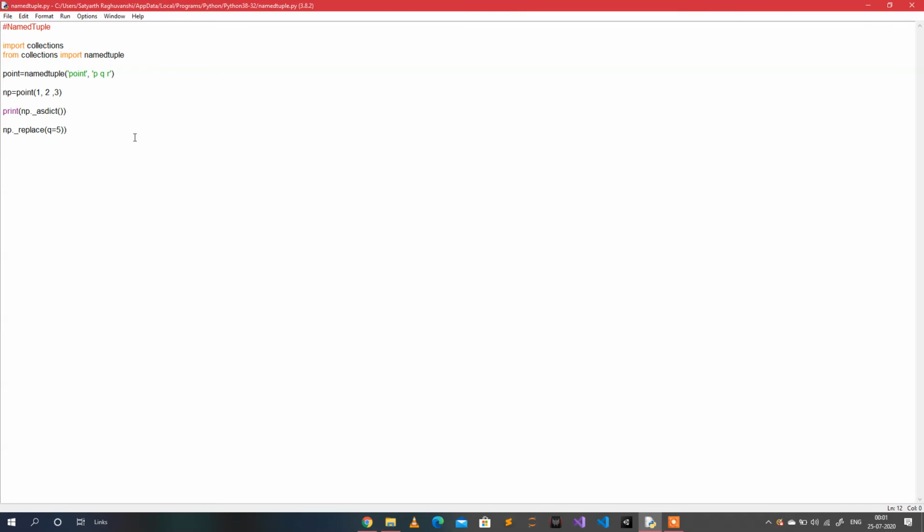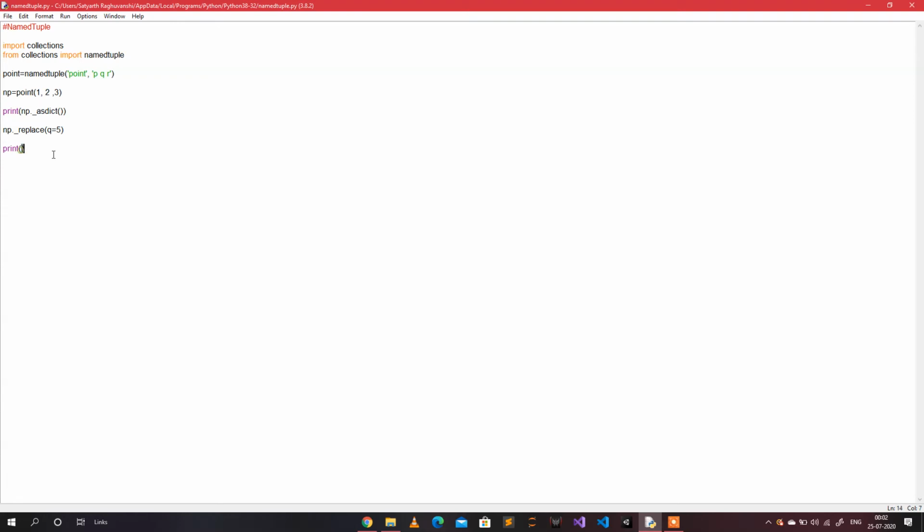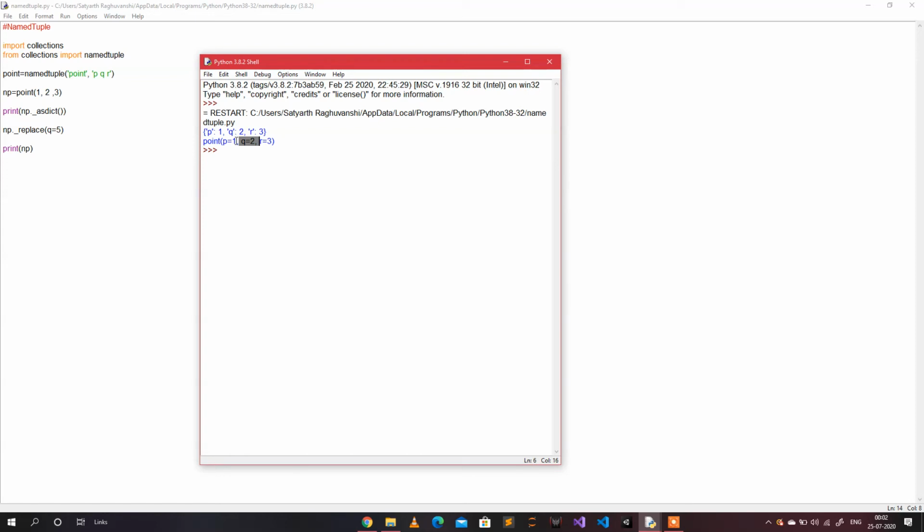Let's say that you don't want to print it directly, you want to print it or use it later in your program. There's going to be a major problem for that. So first I have assigned this replace function, and I've replaced the value of q from 2 with 5. And now when I print this np, or the namedtuple, you can see that the value of q has not been replaced, because that's the